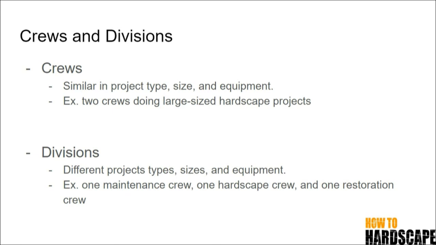Another way to go about doing this that we're not going to get into, because it complicates things and has more room for error, is that you can assign specific equipment and people to specific jobs. But by doing this, you might miss somebody in the whole process, or you might miss a piece of equipment, or if a piece of equipment is not being used on any of the projects at a specific time, it's not being billed out to anybody. So that's coming out of your pocket. So the way that we're going about this is averaging everything out to make sure that you're getting paid for it.